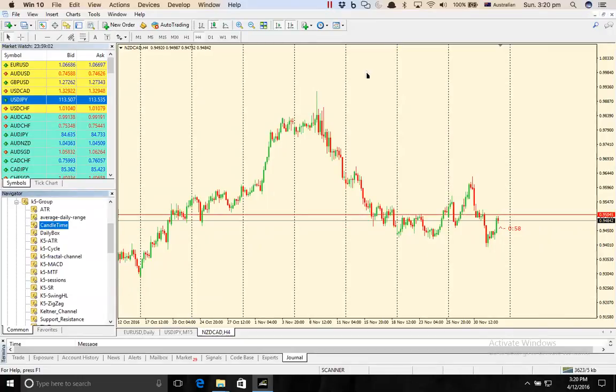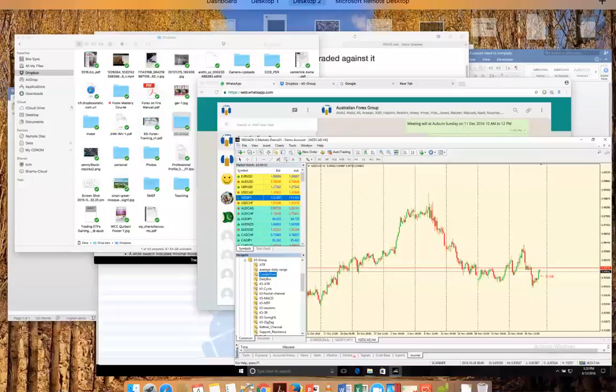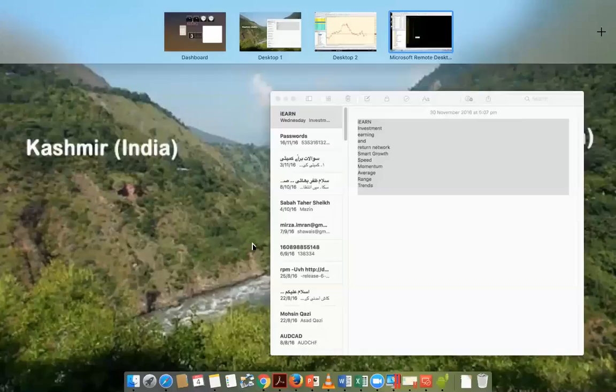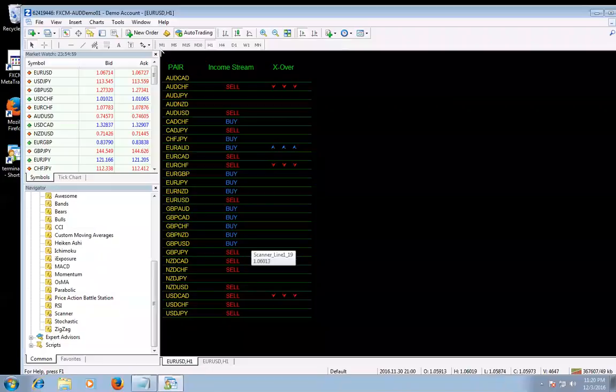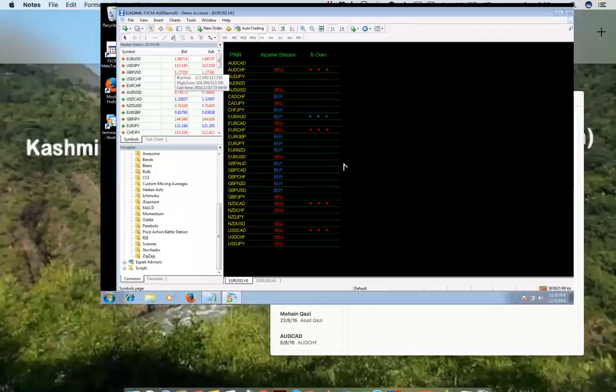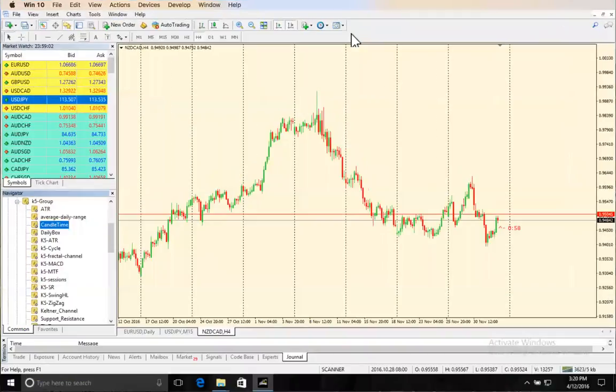Of previous calculated version of the scanner too. Okay, yes, I do have. Yeah, that's the one. And this is actually running on my Canada server. All right, so